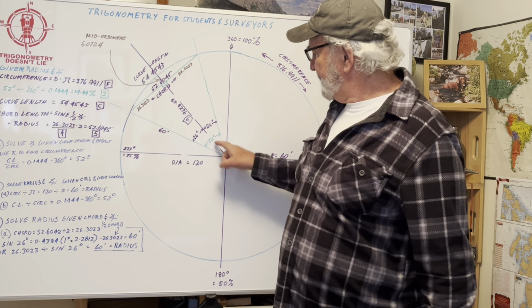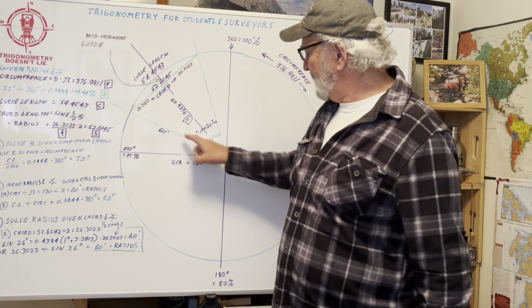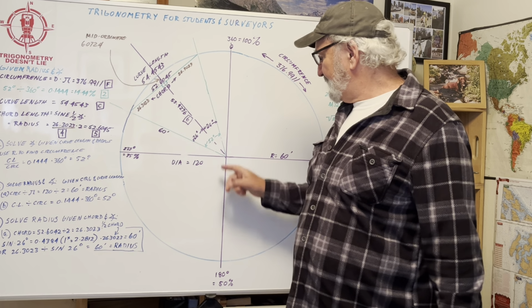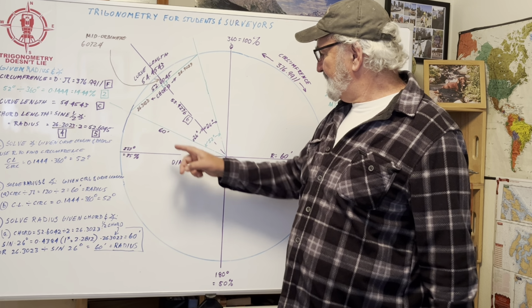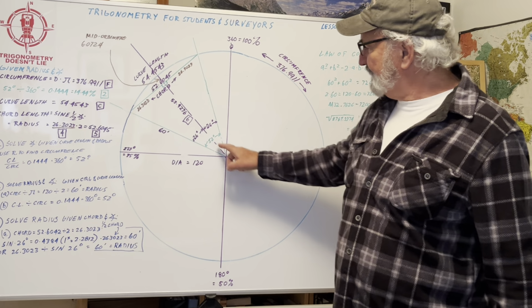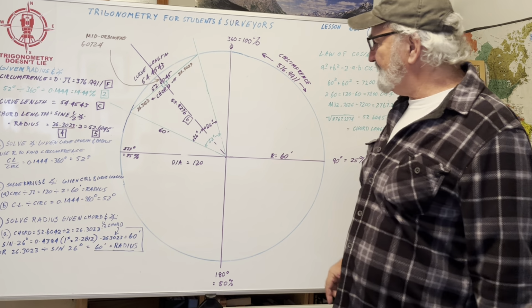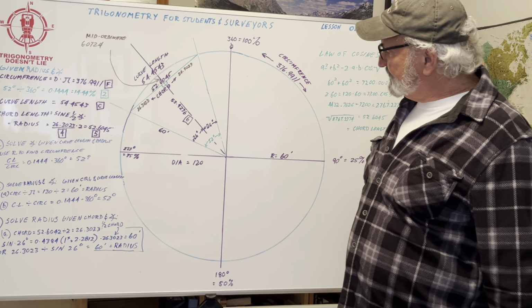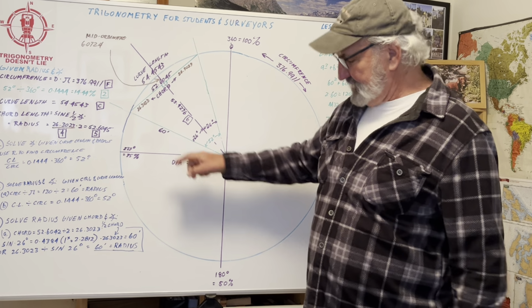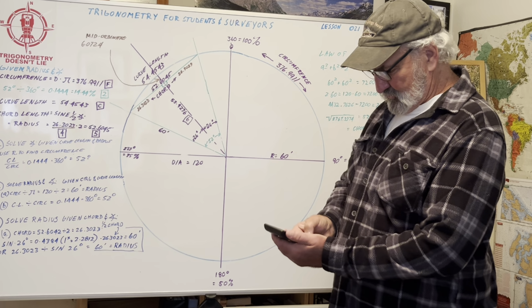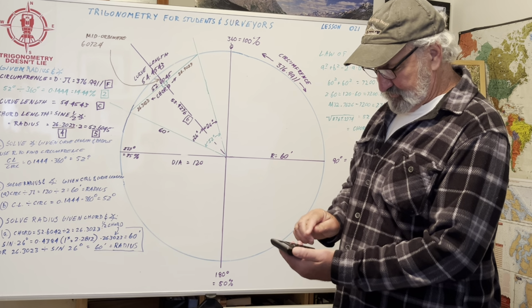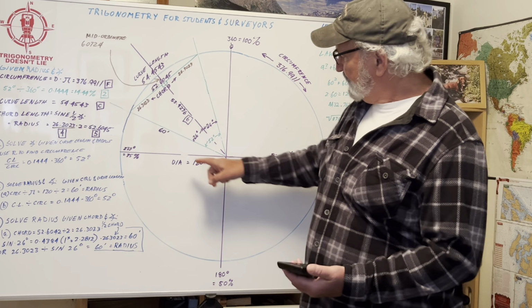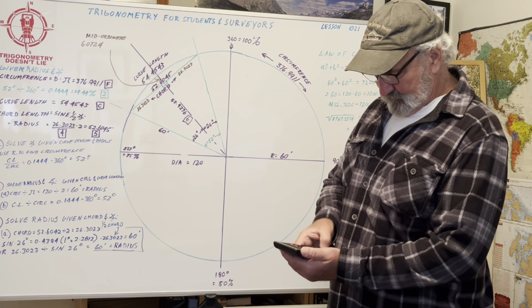Well, now we need to solve this length of the triangle right here. We need to solve that. So that could be an adjacent. There's a couple ways to do that. So we'll keep it as a right triangle. We'll go 26 degrees. And then we could either go cosine. Let's go 26 cosine. And now we'll go 60 times